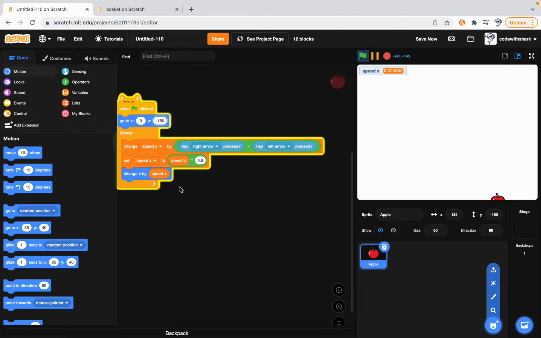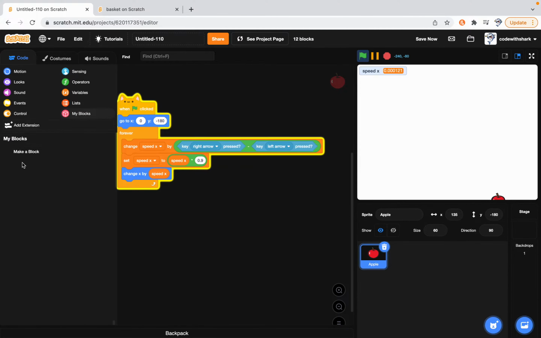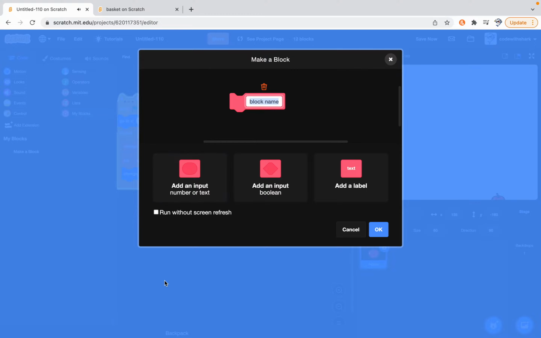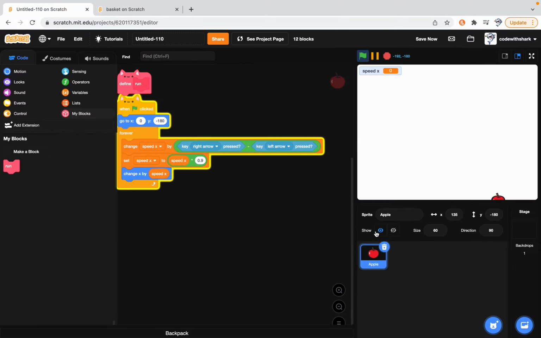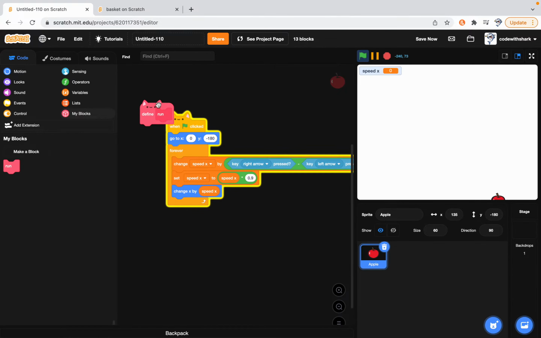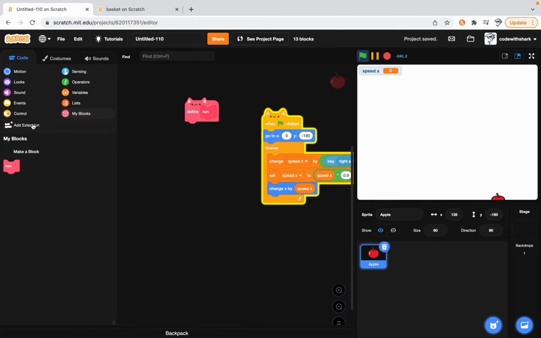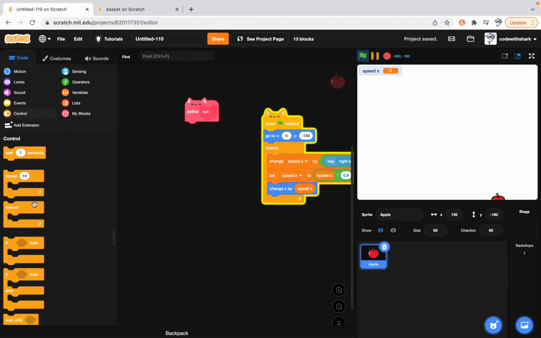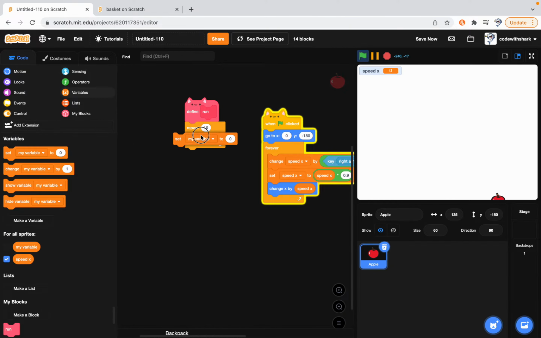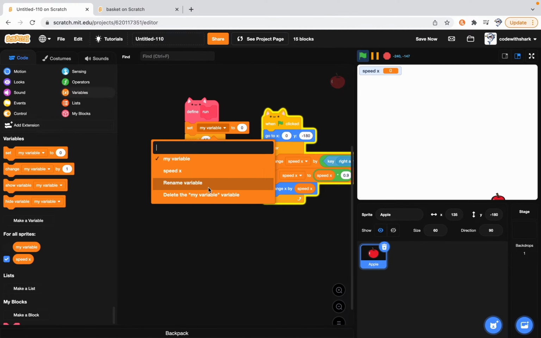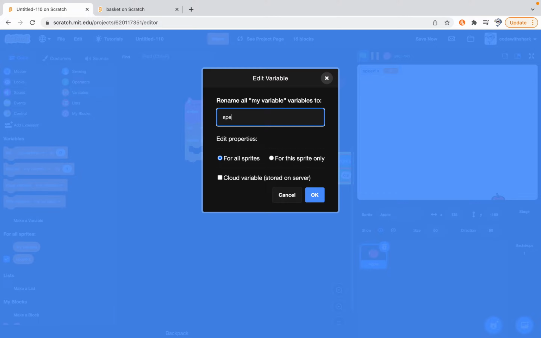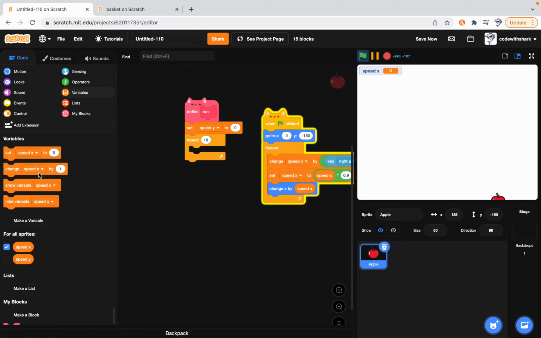And now we're going to make a new block. Run. And do not tick run without screen refresh, because it will be more than one frame. So we're going to add a repeat 10, set speed Y to 30,